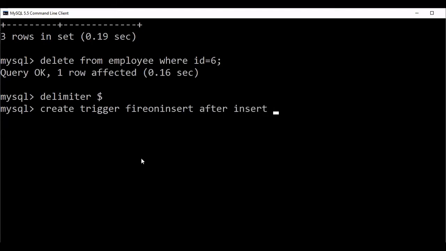Create trigger after insert, on which table? On the employee table. This is important: on the employee table, and for each row.